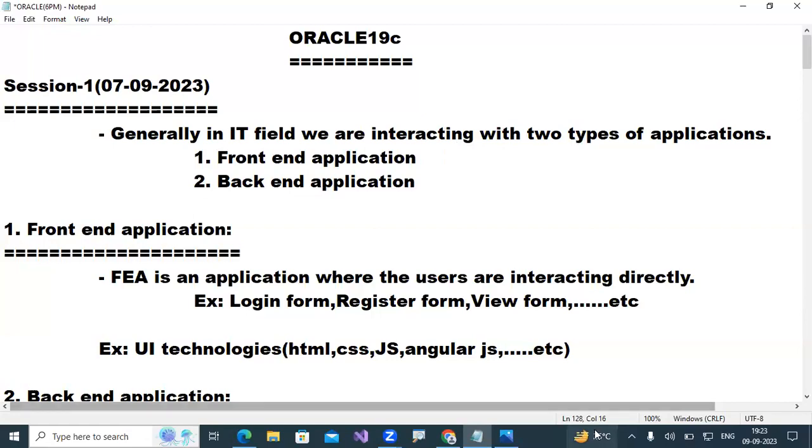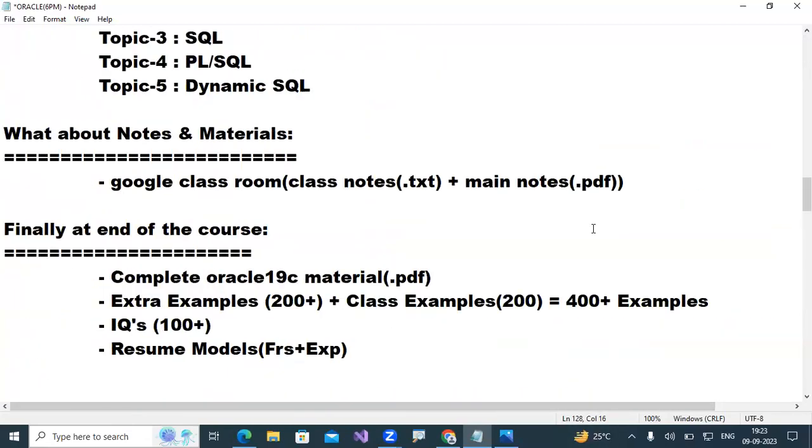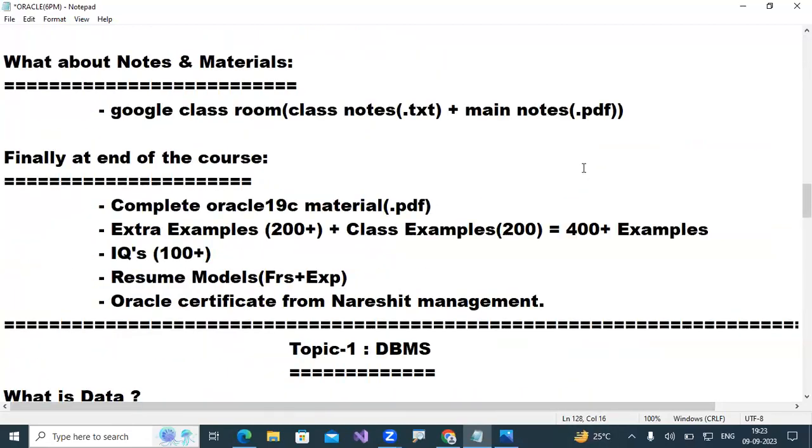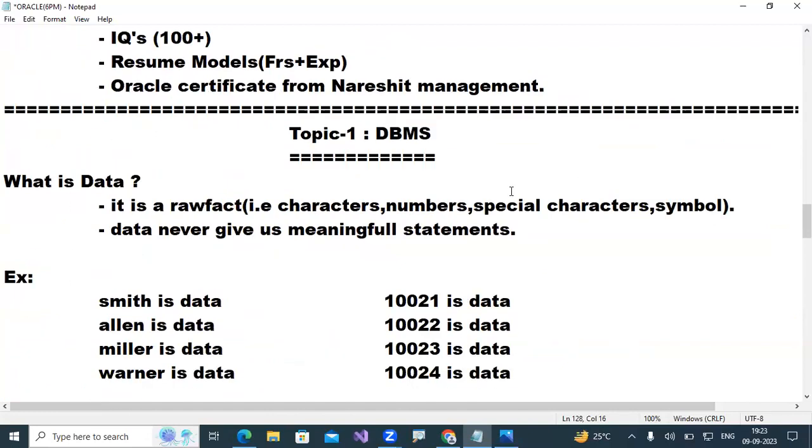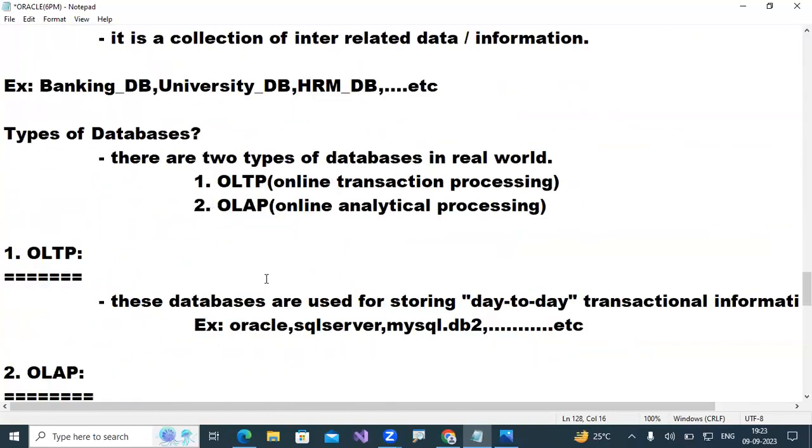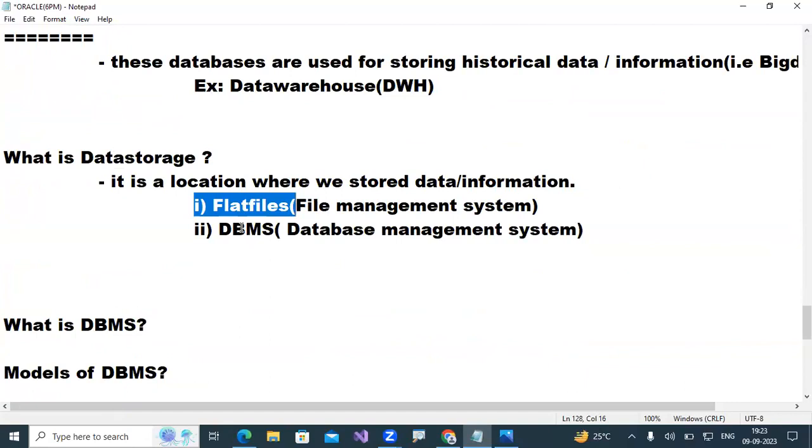So in the flat file I can save my information like this, and I save this flat file on the computer with the help of the OS. From then on, many people stored their data on computers with the flat file mechanism. But when storing data in flat files, there are some drawbacks. For example, a security problem.